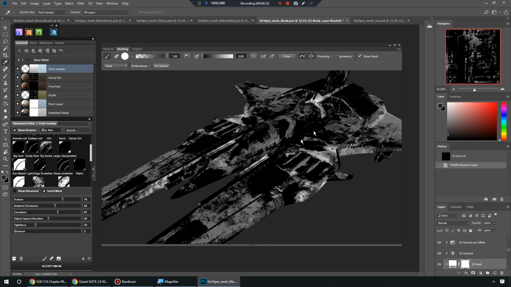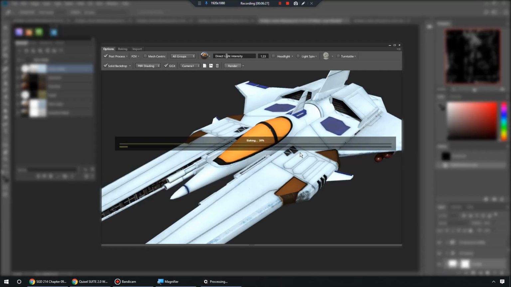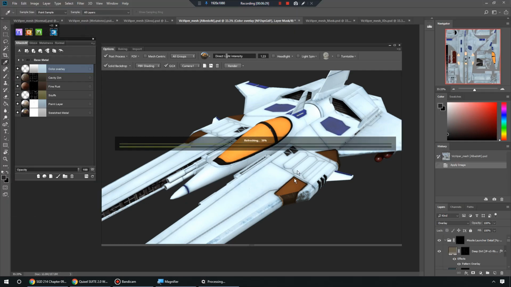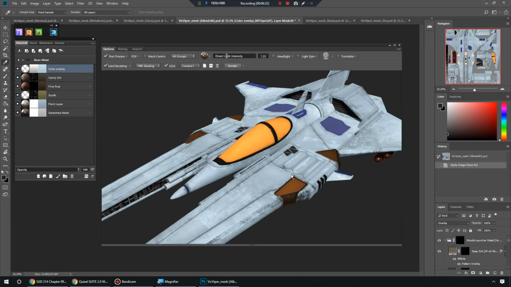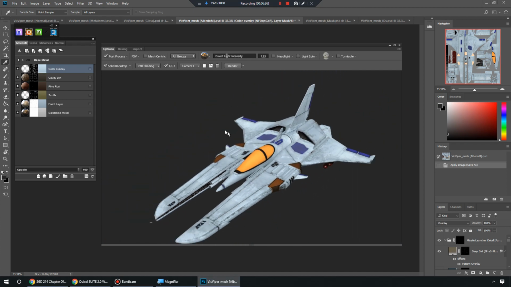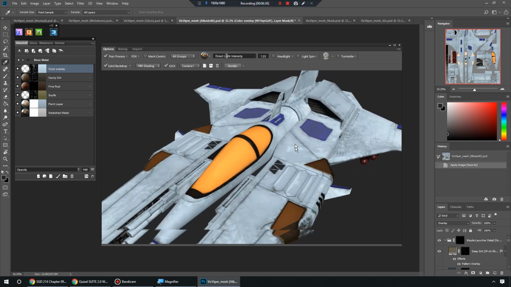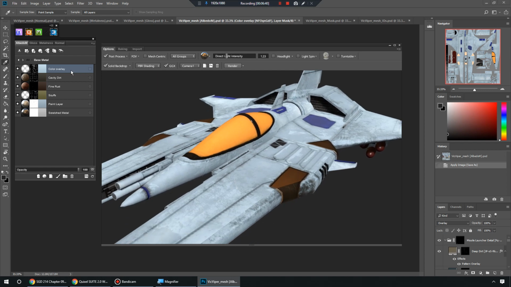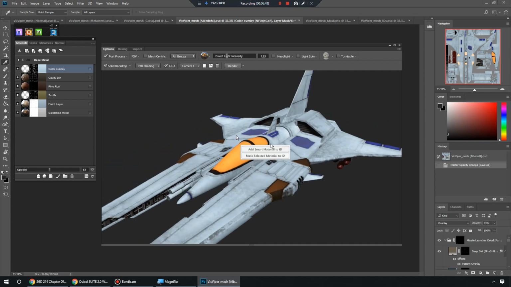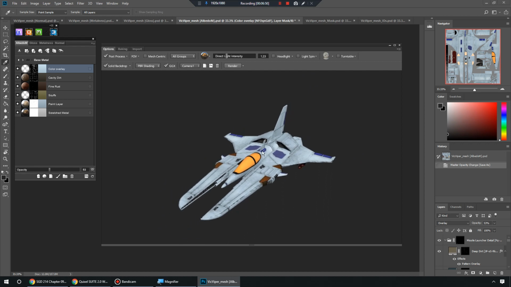All right, so that white color that we used to see, now we're going to apply this Dynamask by accepting mask, and we should see less of the white color everywhere. And now we get a little bit more visual variety on the plane. And I'm even going to tweak this opacity down just a little bit more. I don't want it to be too in your face, but at the same time, you know,